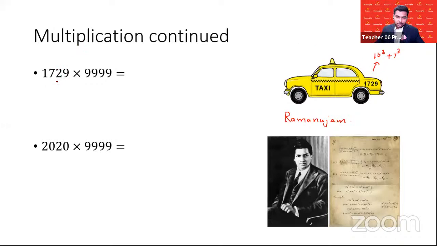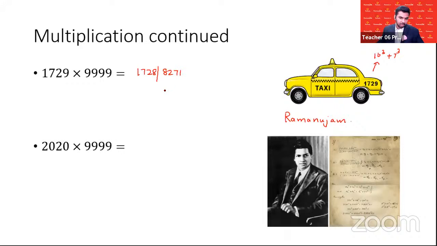Okay. So we are going to take this Ramanujan number and multiply by 9999. What is the rule that we are going to apply? A 4-digit number multiplied by a 4-digit number that is all 9s. What we are going to do is subtract 1 from 1729. That is the first part, which is 1728. The second part is nothing but all from 9s and last from 10s. So this is going to be 8, 2, 7, and 1. So this Ramanujan number multiplied by 9999 is going to be 1728,